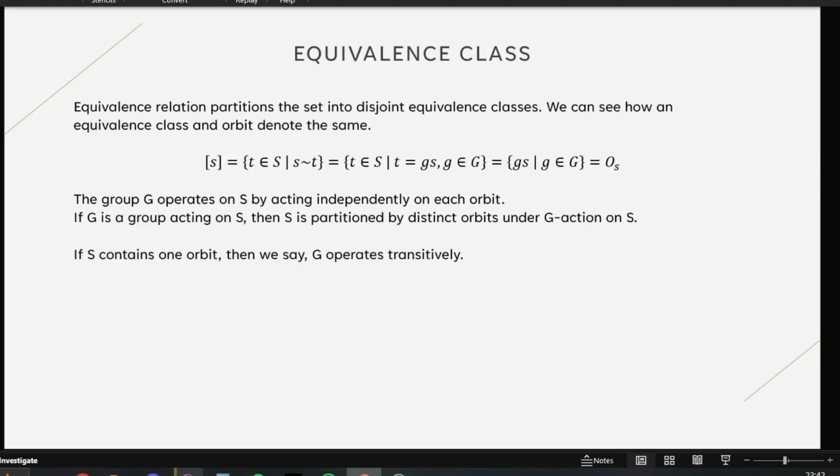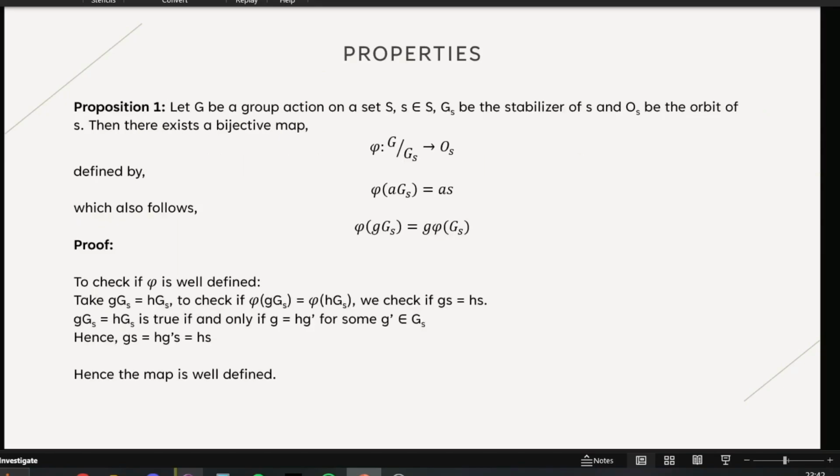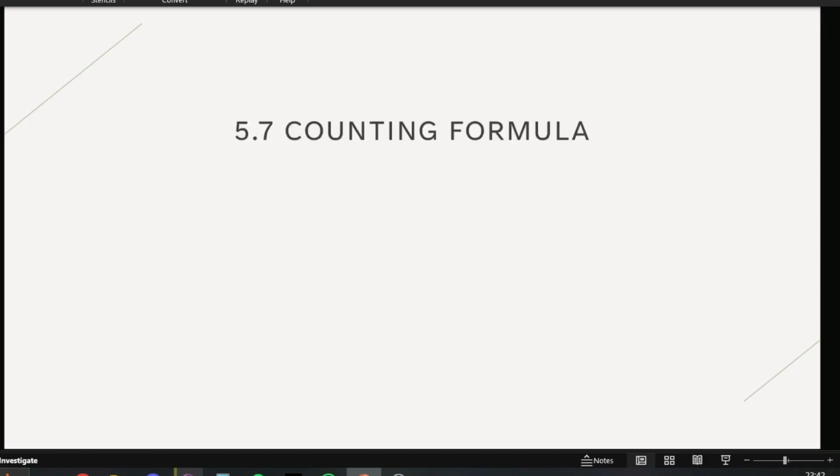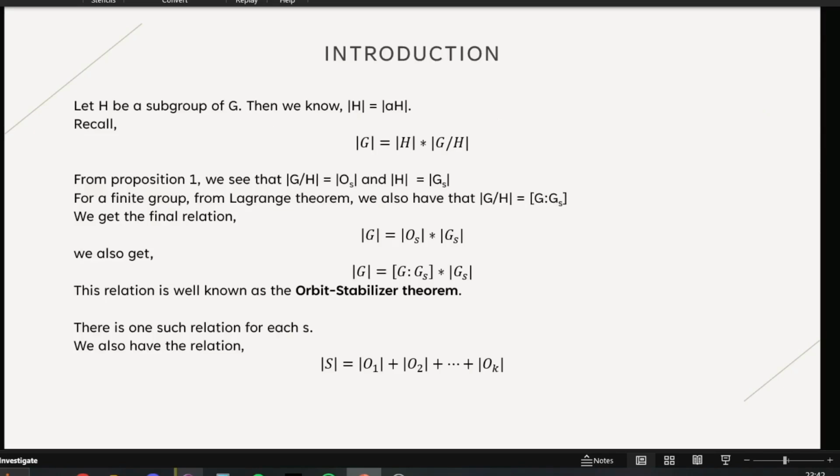So we also established how an equivalence class is exactly the same as an orbit, and how they both form a partition of the set. And then we went to a very important theorem, the orbit stabilizer theorem, which is also called the counting formula. And then we saw an example using a dodecahedron and the orbit formula, and we counted that it has